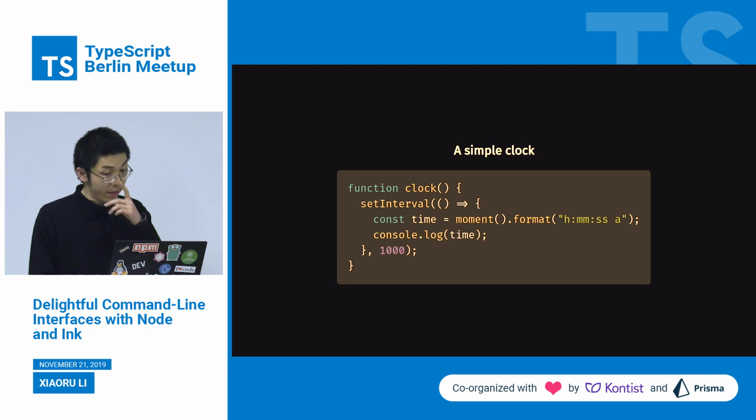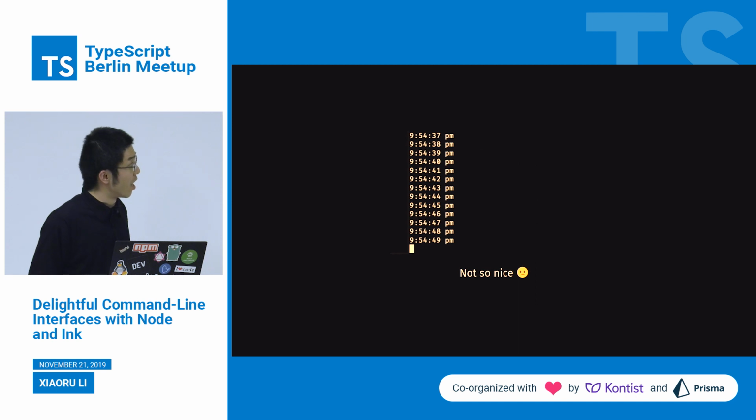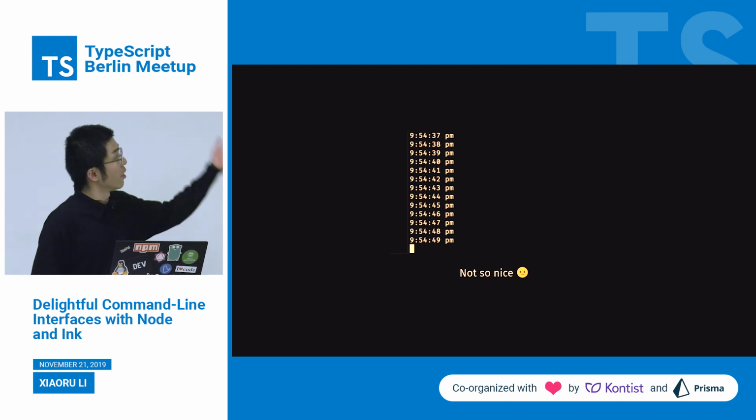So for example, I have a simple clock and basically print out the current time every 1 second. And if we just run that function, we'll get something like this. And this is not what we normally want. Instead of pushing all this stuff above, we actually normally prefer to just rewrite the same thing and to update